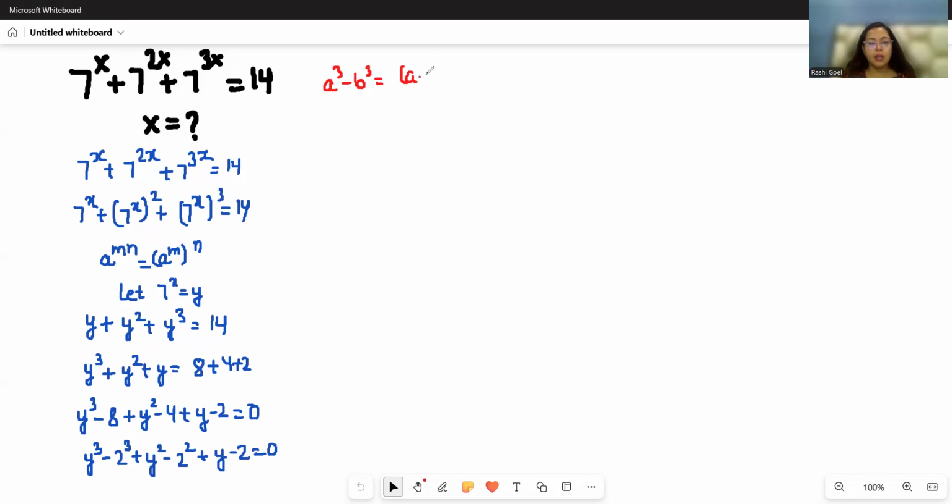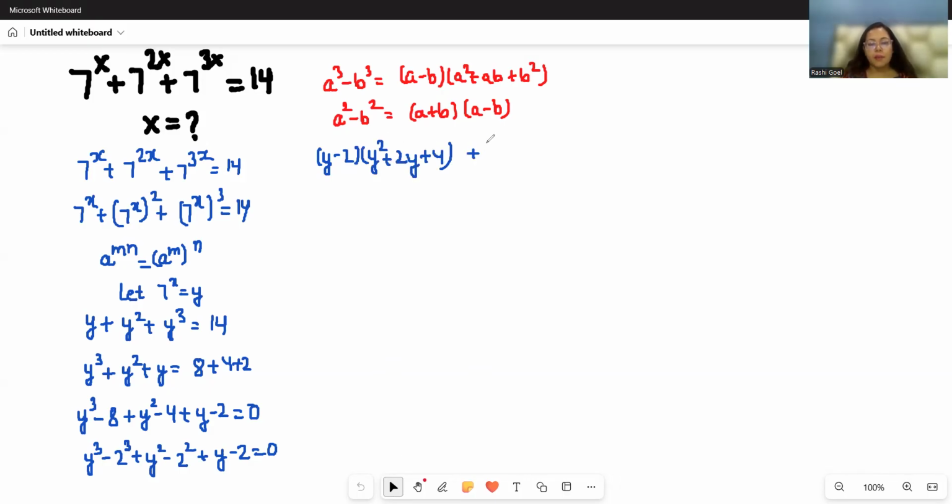that is a^3 - b^3 = (a - b)(a^2 + ab + b^2), and a^2 - b^2 = (a + b)(a - b). So we can write this as (y - 2)(y^2 + 2y + 4) + (y + 2)(y - 2)